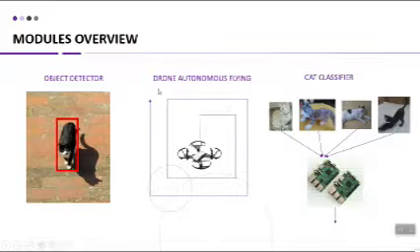Then we have the drone autonomous flying. That is, the drone has to fly in a pre-programmed path that we are going to call a mission. And the last one is the cat classifier that we are going to use